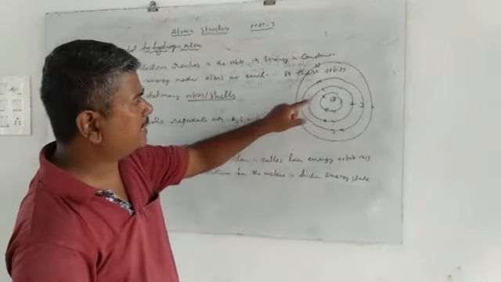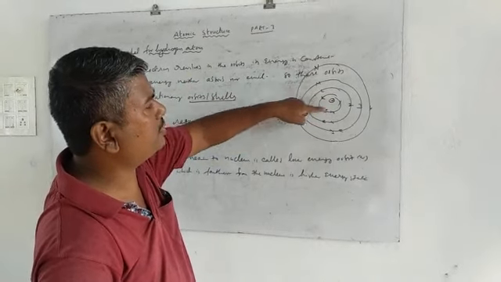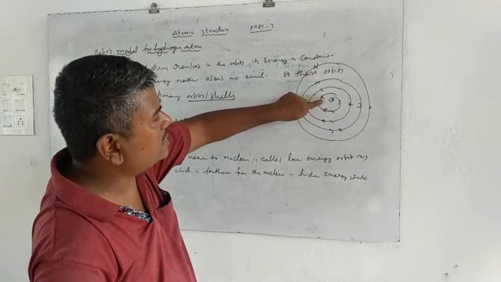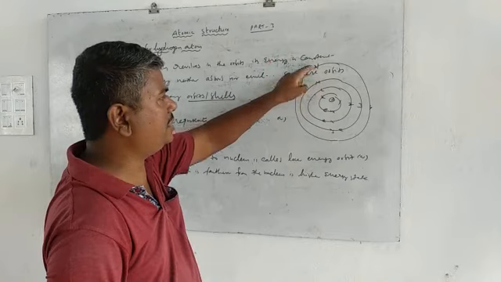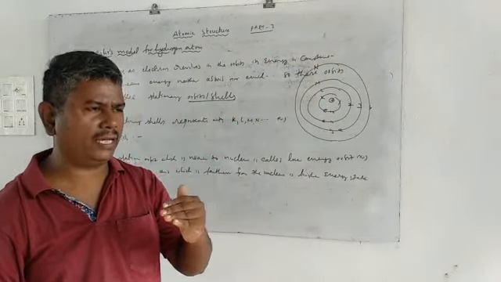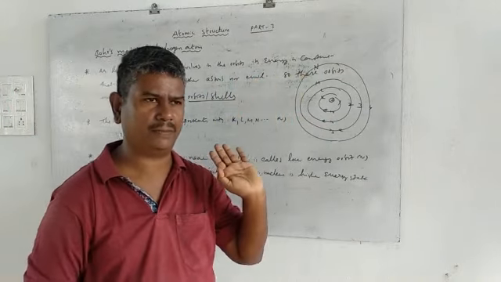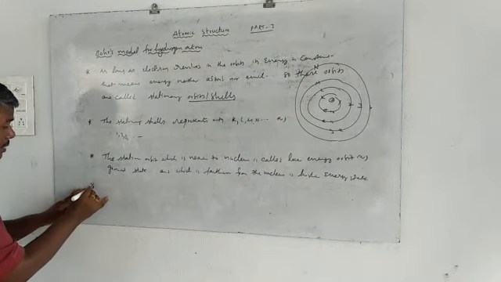So here, which one is K? K is nearer to the nucleus, whereas M is farthest from the nucleus. Out of these, comparing these two stationary orbits, K has lower energy than which one? N. That means N is the higher energy and K is the lower energy. So while you are moving away from the nucleus, the energy of the orbit increases. Clear?